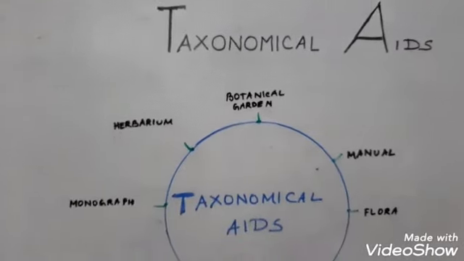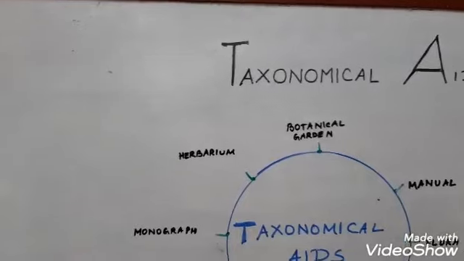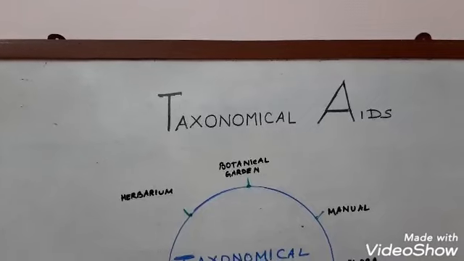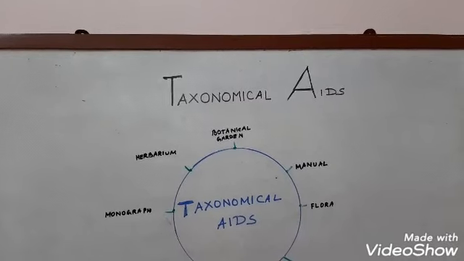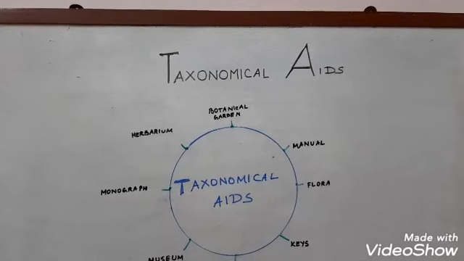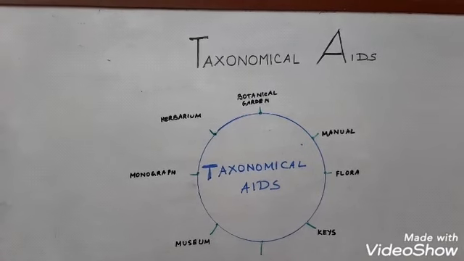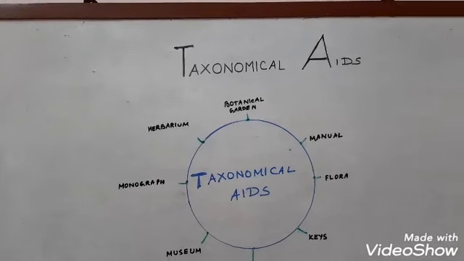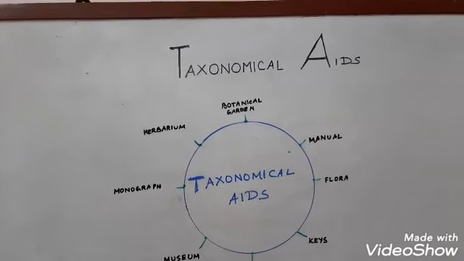Now what is taxonomical aid? Taxonomical aid is the collection of various types of samples or preserved organisms which help in extensive research work like laboratory work. Classifying organisms into various categories needs a lot of field work and laboratory work. This is so important because taxonomic organizations help in identifying many organisms which are necessary in various fields like agriculture, bioresearch and industrial purposes.